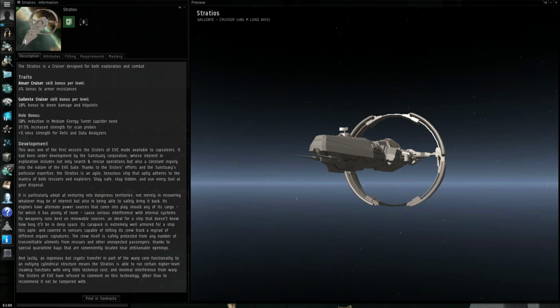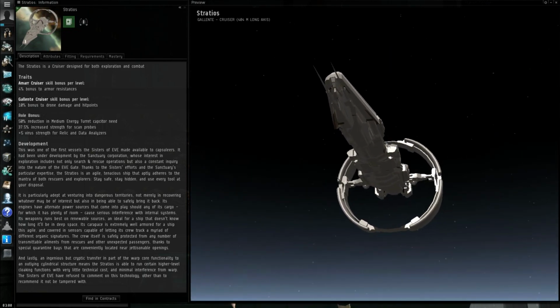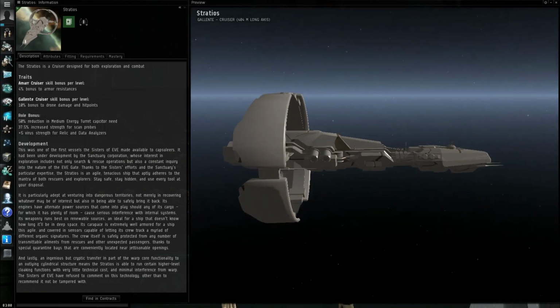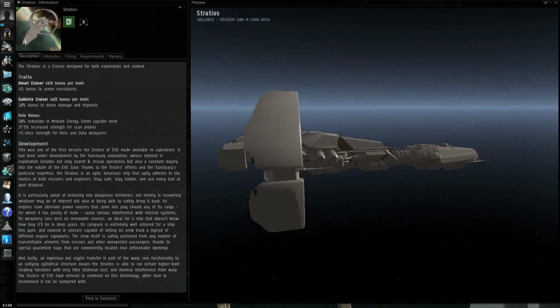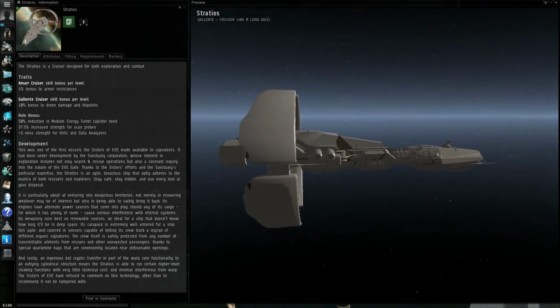It has armor resist bonuses and will probably be nerfed. It's also covert ops capable, so a cruiser that's covert ops capable and puts out that amount of DPS is potentially unbalancing. This was one of the first vessels the Sisters of Eve made available to capsuleers that had